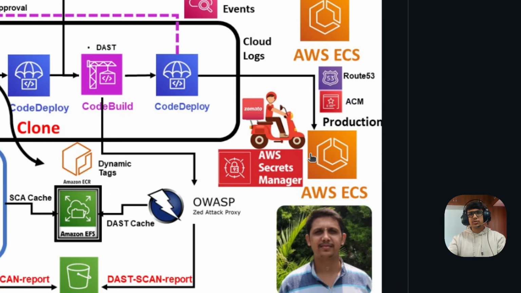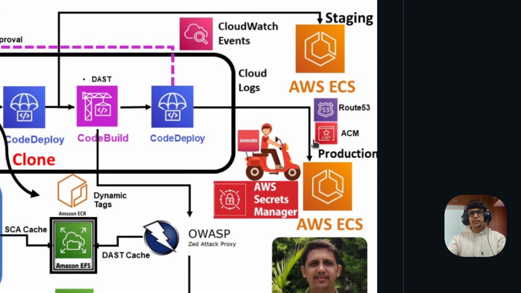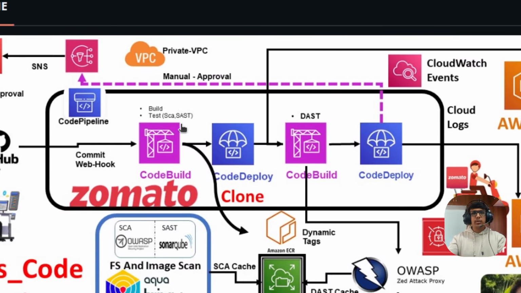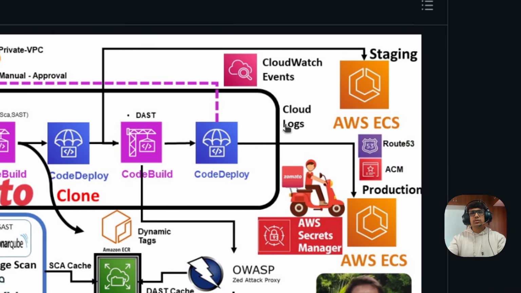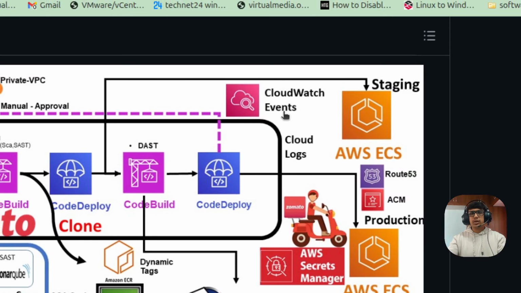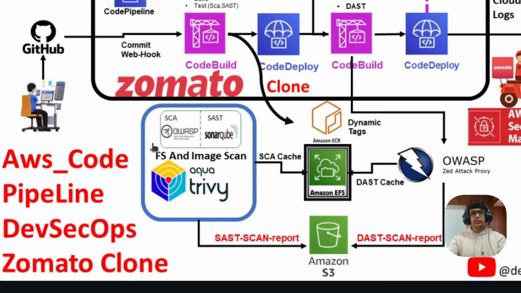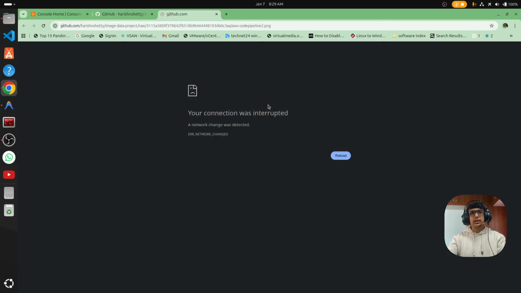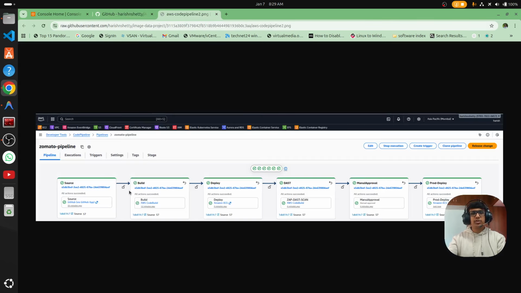the ECS production. So here we are using ACM along with Route53 and the application load balancer target group, and the required security groups are going to be enabled. And here all the related logs will be stored in the CloudWatch logs. And the CloudWatch events we are going to set up, right? We covered almost everything, and here you can see how it looks, the image,